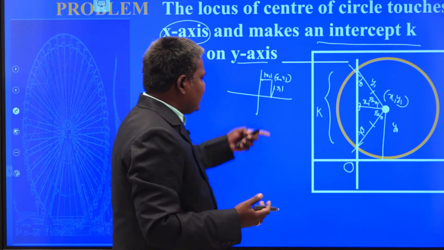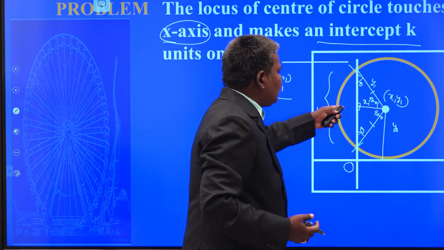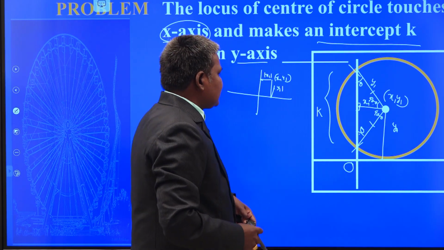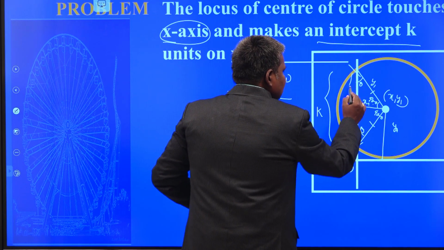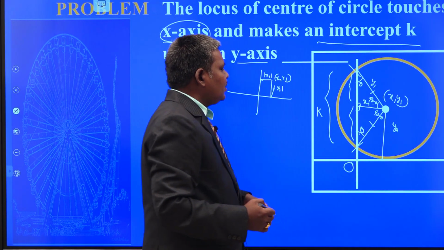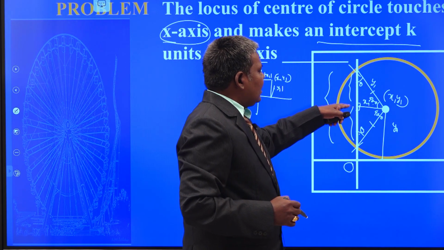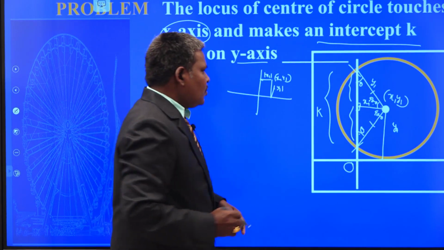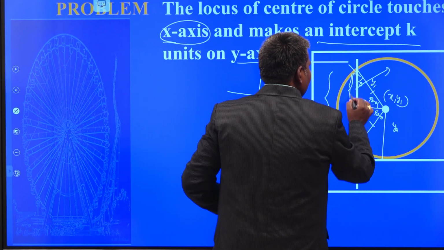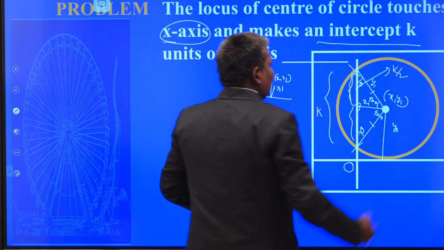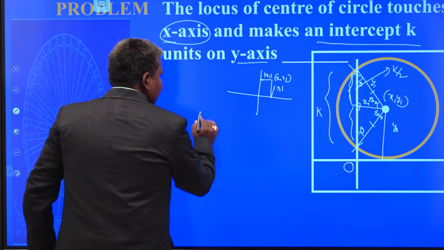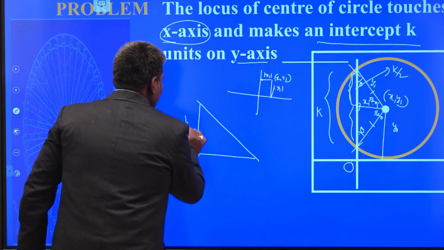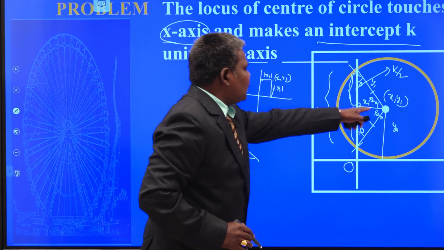Once they are congruent triangles, what is the line here? This will be the perpendicular bisector as well as the angular bisector. Both angles are the same. That is the angular bisector. That is why I am saying these two lengths are equal. Perpendicular bisector means the line passing through the midpoint of the line and perpendicular to that one also. That is why these two lengths are equal. So, what is the distance from here to here? Half of the value is what? k by 2. Your half of the value is k by 2. Now, I am drawing the diagram clearly here itself. This is length k by 2. What is the distance from here to here?